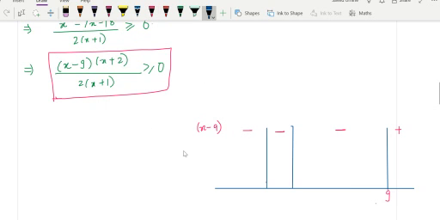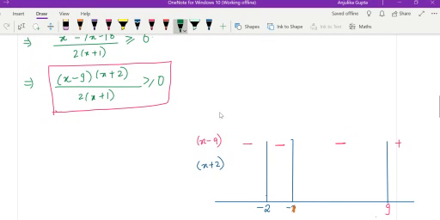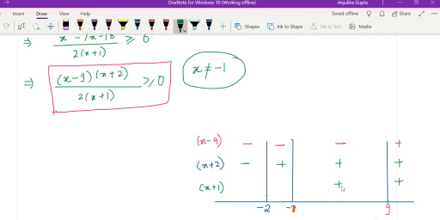Now let's look at x plus 2. What do you think is happening to x plus 2? Where is it going to change sign? At negative 1. To the right of it, it is always positive. To the left of it, it is negative. Let's look at x plus 1. It is in the denominator, so this rational function won't be defined when x is negative 1. Make sure that it is not negative 1. To the right of negative 1, it is going to take a plus sign. If you are unsure about why I am putting a plus sign or minus sign, just take a number over here and check.